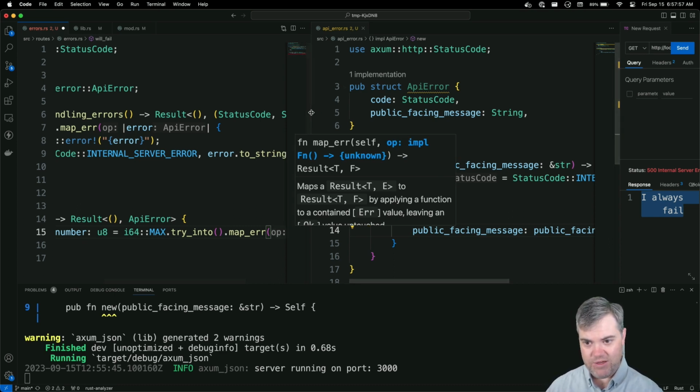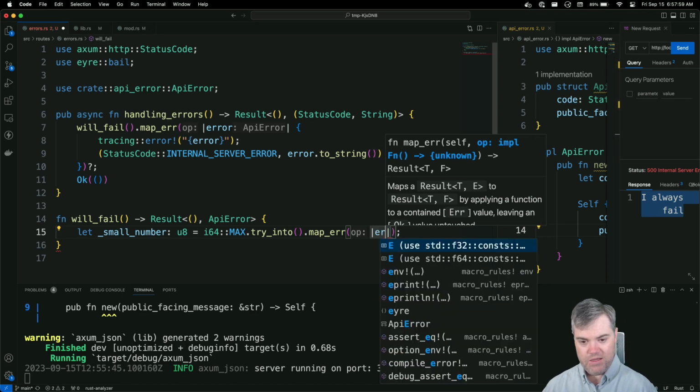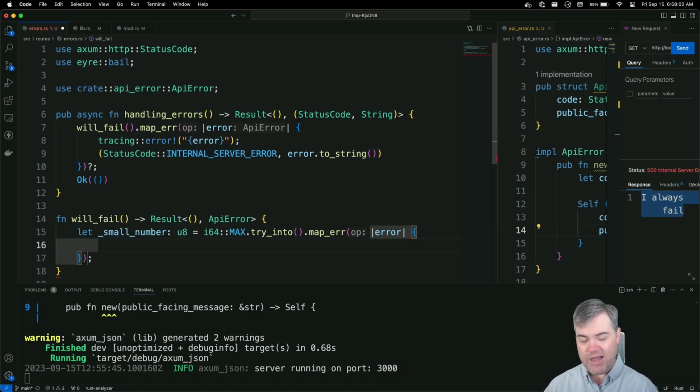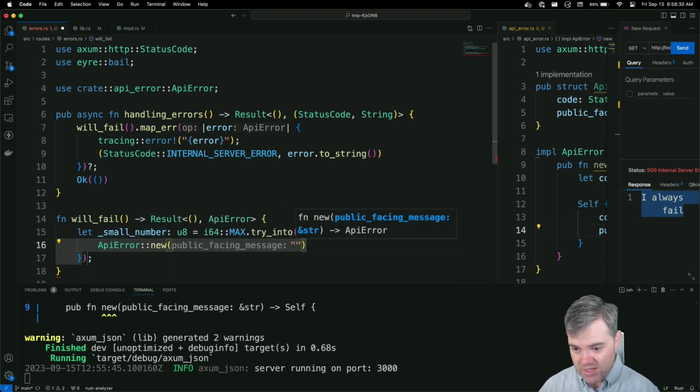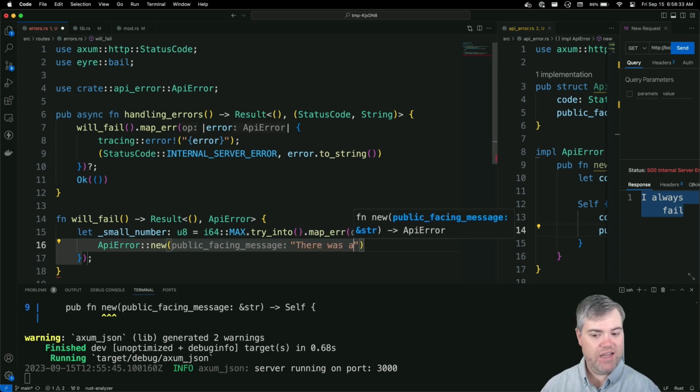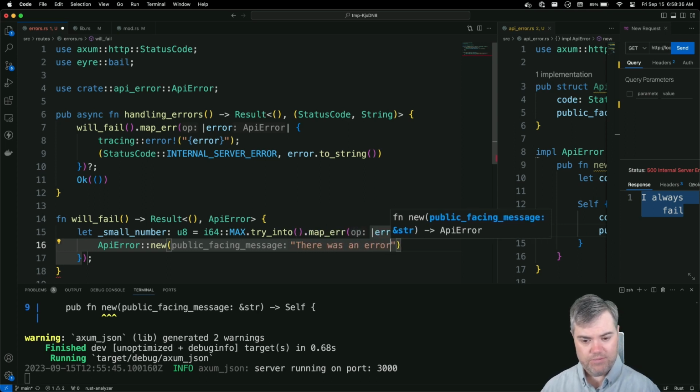Let's go ahead and make this a little bit bigger over here now. So we have you as an error. I don't really like the idea of throwing a tracing in at this point in time. I would love to have that part of the error if we want it to. So we're going to just start with creating and returning the error all together in one thing. So this is now going to be our API error new. We have to have a public facing message, which I very rarely want the public facing message to be what the error says. So I'm just going to hard code these in whenever I create them. So in this case is there was an error. Please try again.